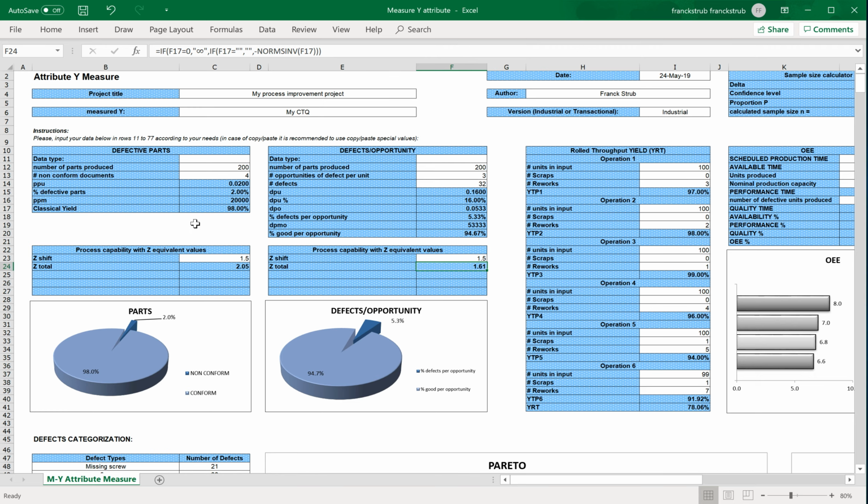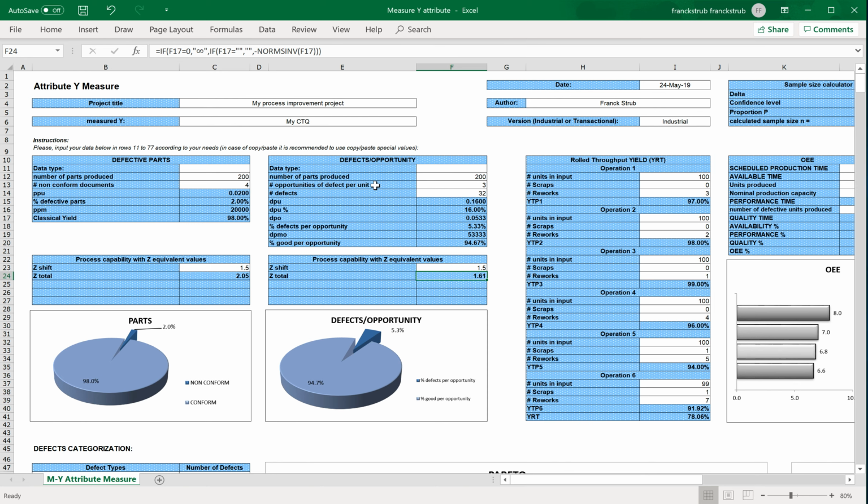Same thing, you can qualify your data here or here as long term or short term, and of course with these numbers I will have the total long-term value, and with a shift value the short-term value.